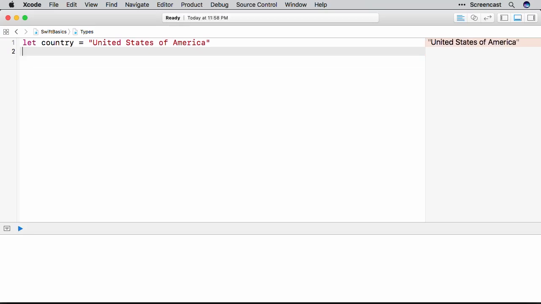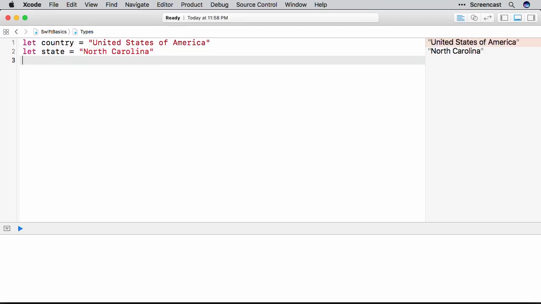The first will contain the name of the state that I live in. We'll say let state equal North Carolina. You can list your province, region, or whatever the format is in your country. And for the last string, let's write out the name of the city that we're in. So we'll say let city equal Charlotte. Now notice that for each of these string literals,